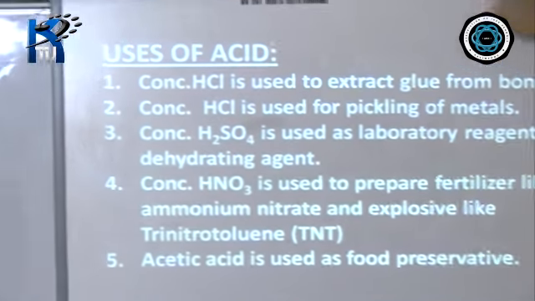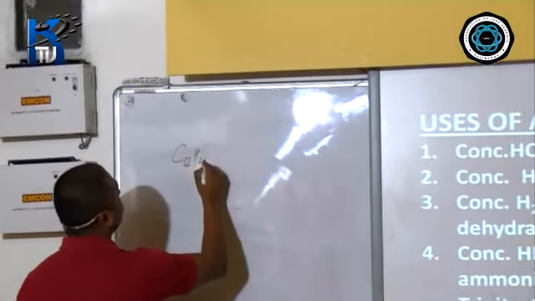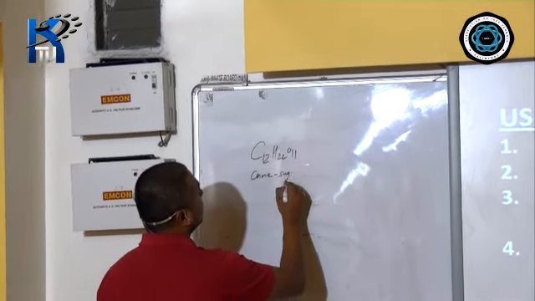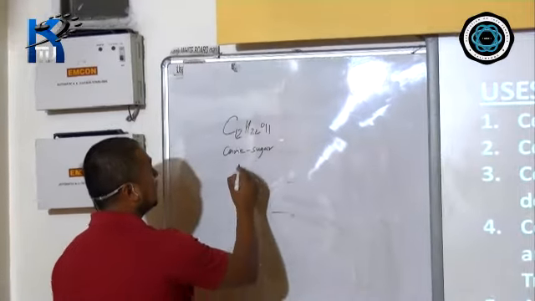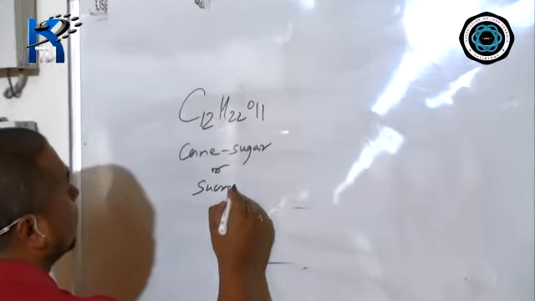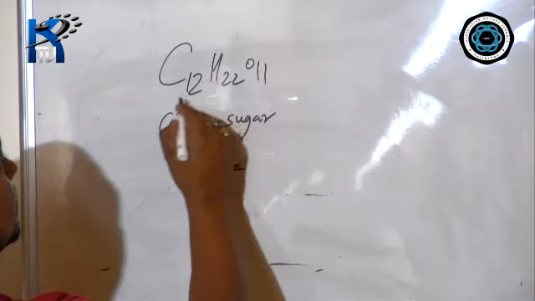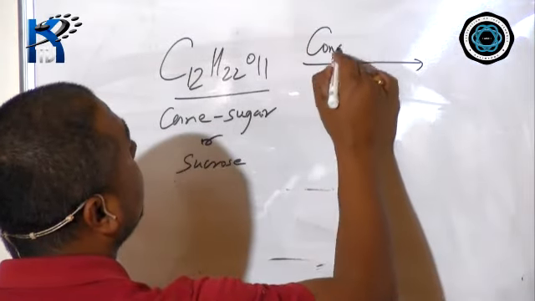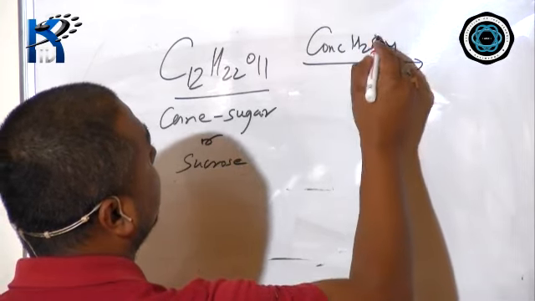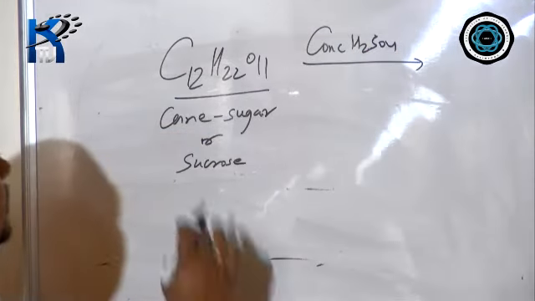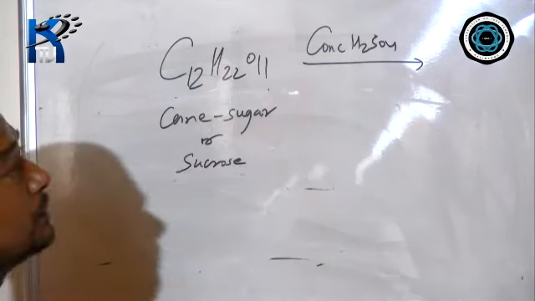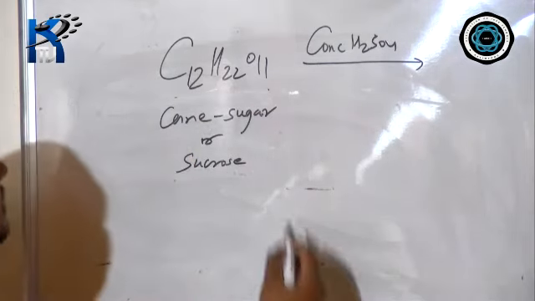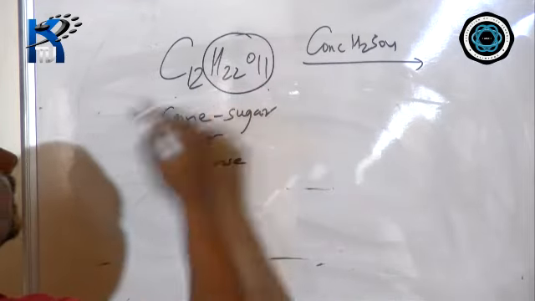The formula of cane sugar is C12H22O11. This is the formula of cane sugar, okay, which we even call by the name sucrose. And you know this is white, or you can say transparent in color. Now I am going to put conc sulfuric acid, which acts as a dehydrating agent. What is the job of dehydrating agent? To remove water. Water formula is H2O, that means it contains hydrogen and oxygen. So remove these two from here, hydrogen and oxygen.